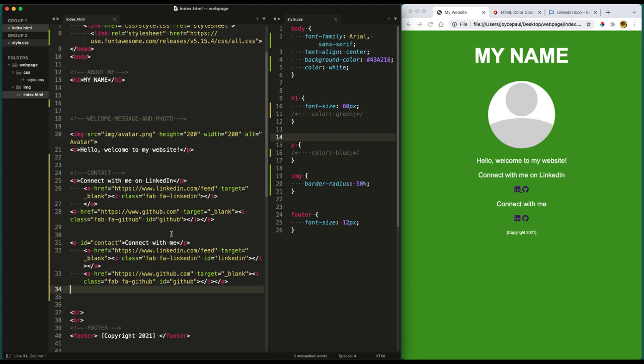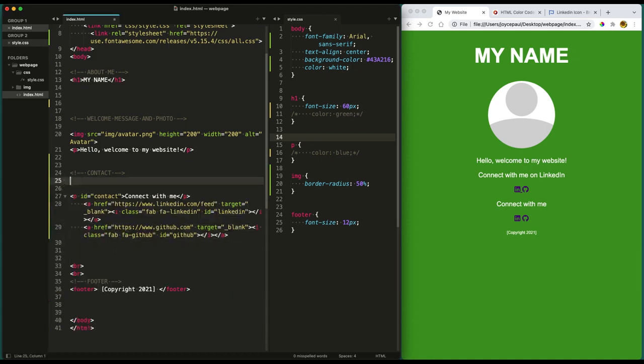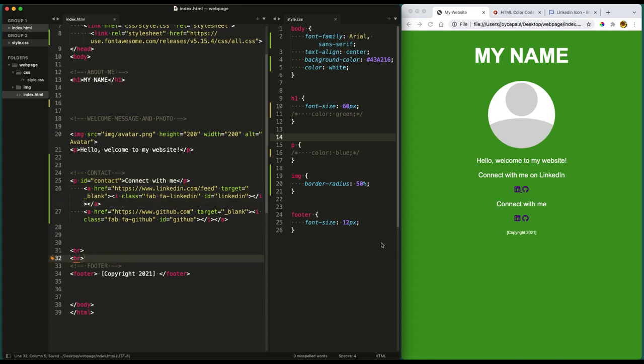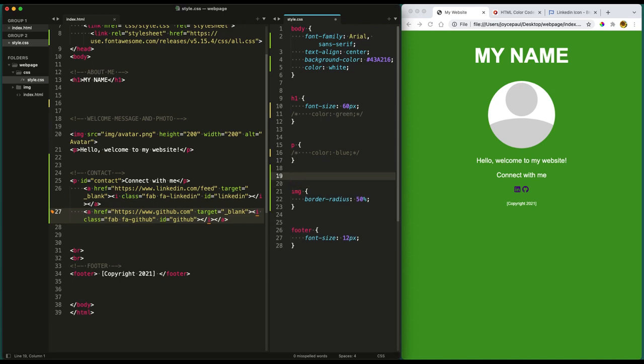Okay, so I am going to delete this code. What I have done is I have given an ID of contact, and I have given the connect with me a P tag, and I have given it an ID of contact. And now what I am going to do is I'm going to